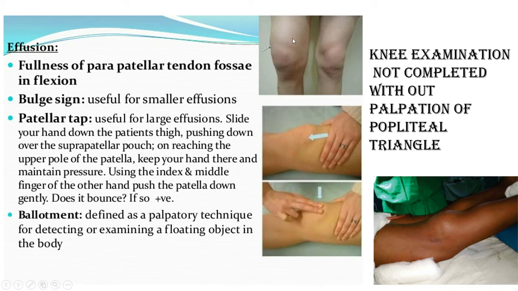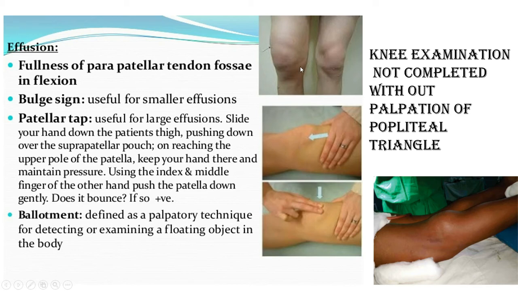there is a chance of fluid collection over this area with hypertrophic synovium. How do you know hypertrophic synovium? By putting your thumb over the medial aspect and squeezing it, you can feel a doughy feeling. This is called hypertrophic synovium. Now for a small effusion, you can squeeze over the suprapatellar pouch and do a patellar tap. That is significant for diagnosing small knee effusion. It's called the patellar tap.